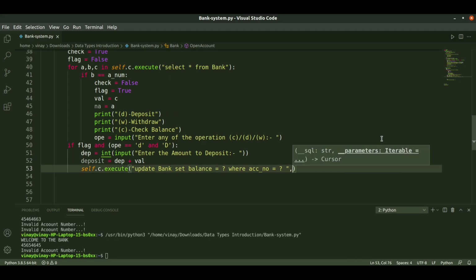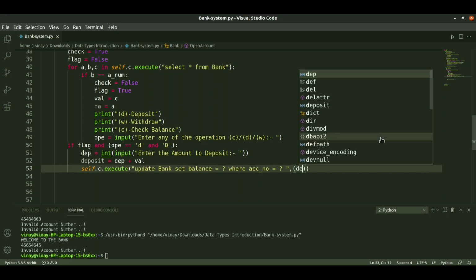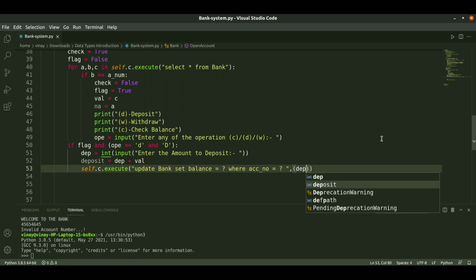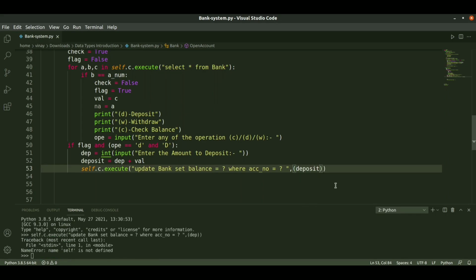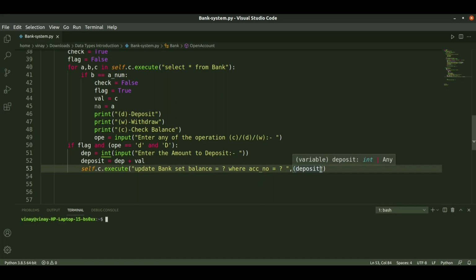This is like a reference, and we need to pass this format specifier by simply comma, passing our deposit amount: deposit comma. We are updating the balance using deposit, passing the balance as deposit, with the reference as account number.